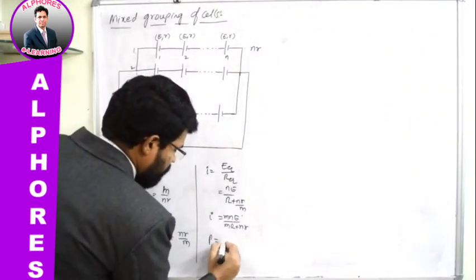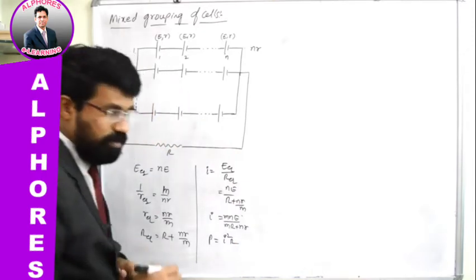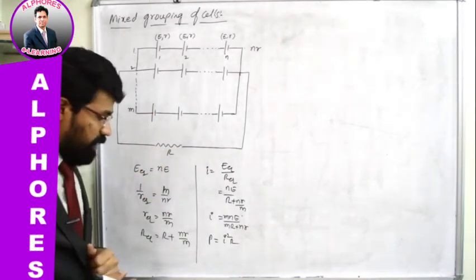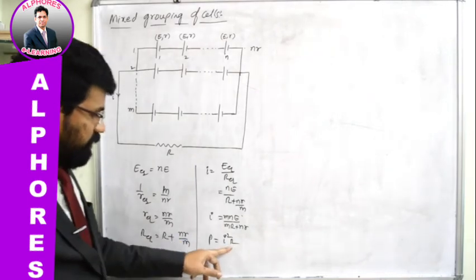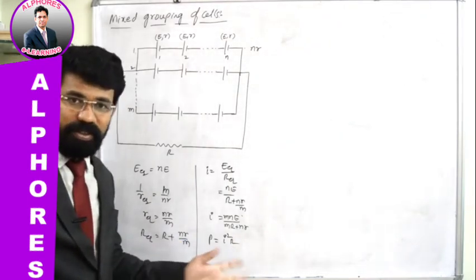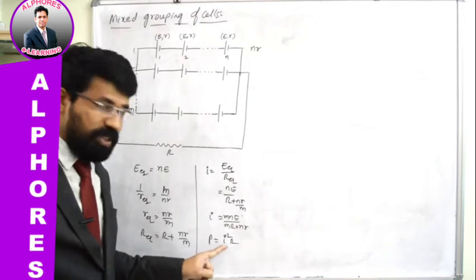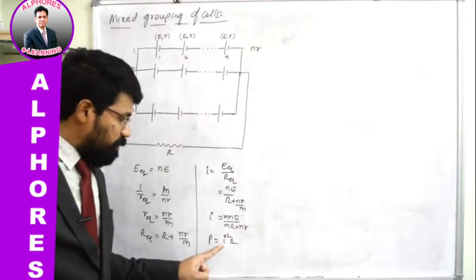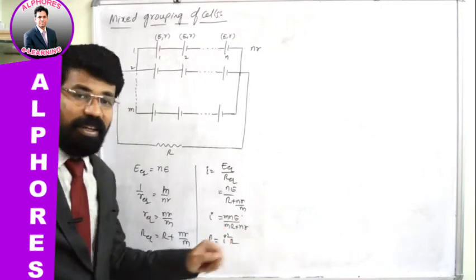Power, we have already derived this one. It is written as I square R, isn't it? Power dissipated in this resistor. That's how we write, isn't it? So for a given resistor, since R is constant, power completely depends on I. This can be maximum if I is maximum, isn't it? I is maximum when this denominator part, MR plus NR, is minimum.